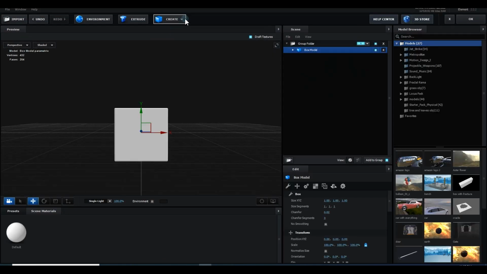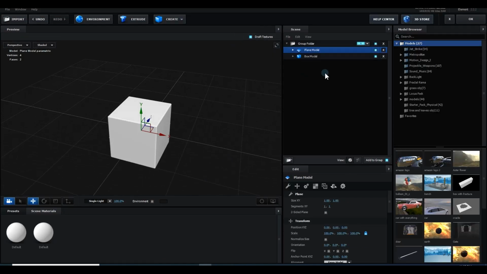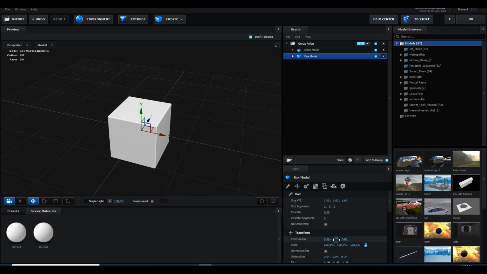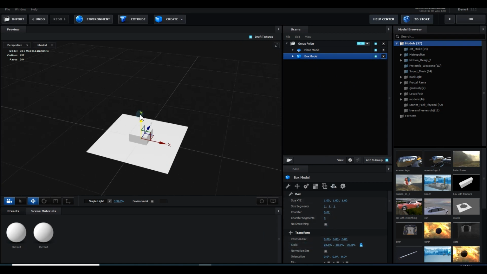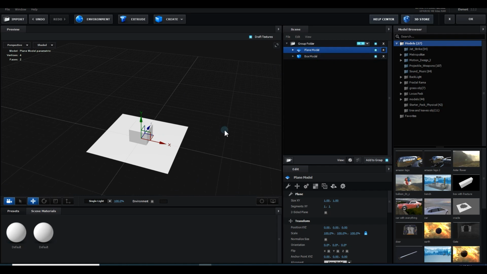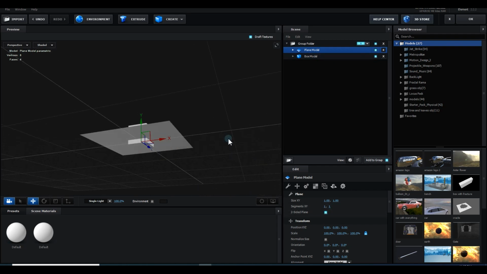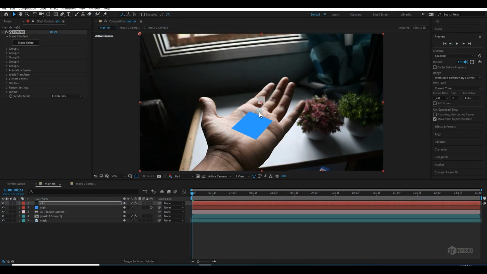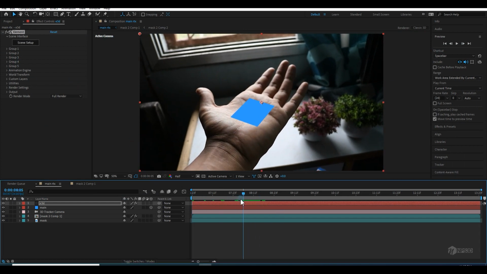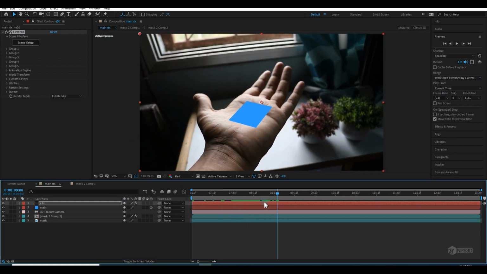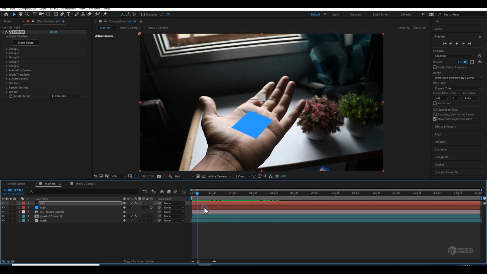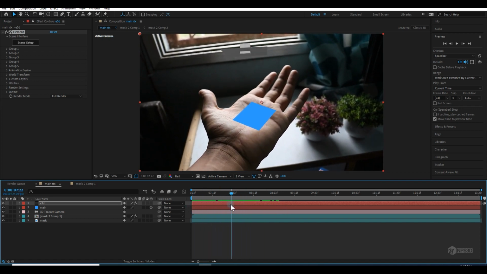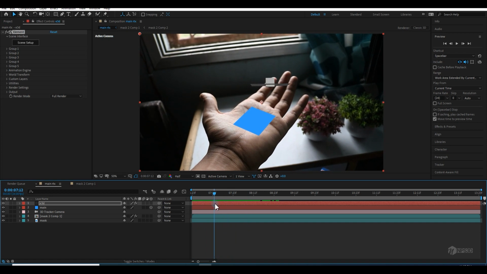and let's quickly create a new box and plane. Reduce the box size, the scale. Make sure this plane is a two-sided plane and hit OK. And this is so small, so let me fix it, and you can see it's not perfectly aligned to my hand. So there are a few things you can do to normalize the scene. There is also a free script available from Red Giant.